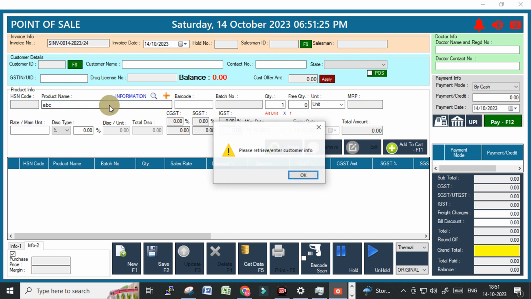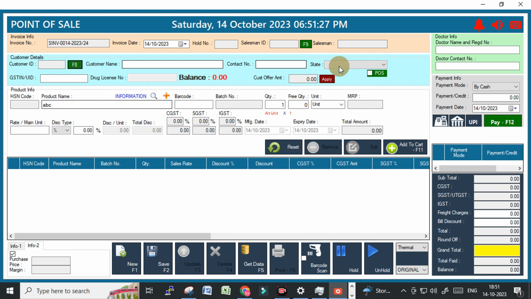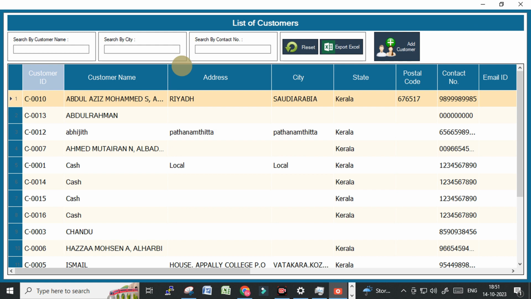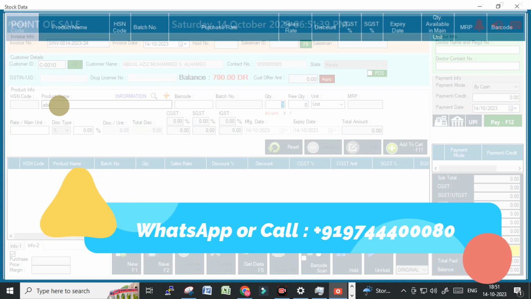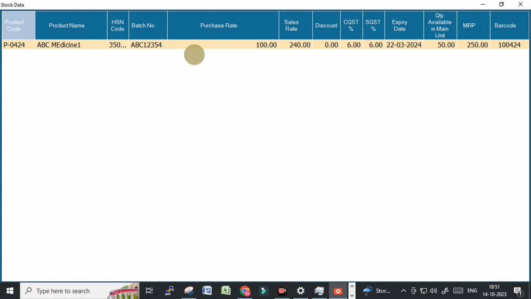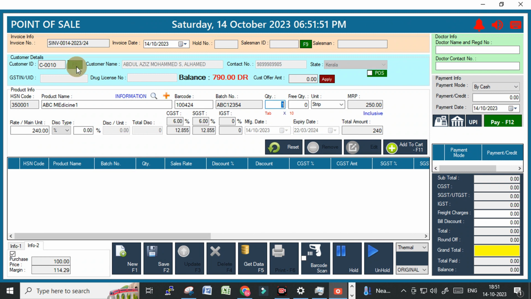ABC. I'm just clicking on enter. Sorry, before that we have to select a customer account. For example, we can add the same Abdulaziz itself. Now we can enter ABC. Yeah, ABC item. The available quantity is 50 pieces and MRP is 240 and your selling price is 240. Alright, so I'm selecting this. So you can just type the selling quantity. Now by default it is 1